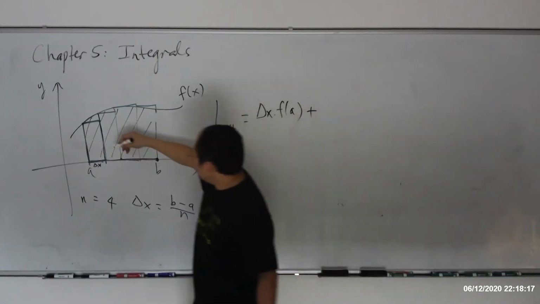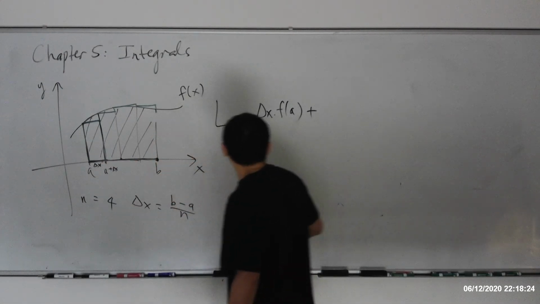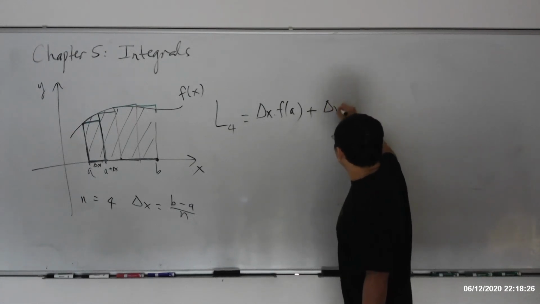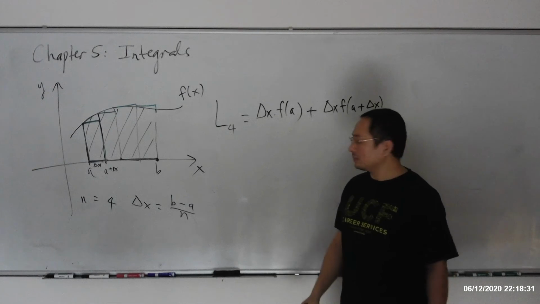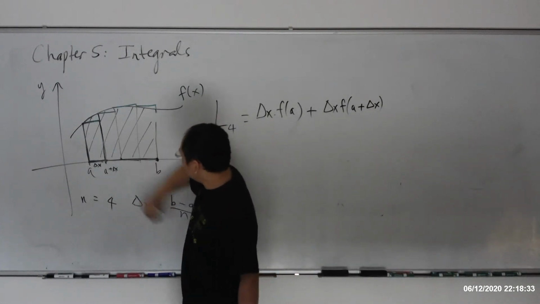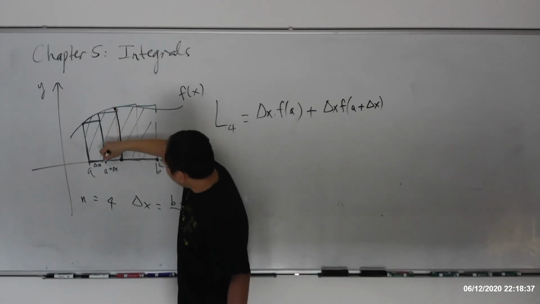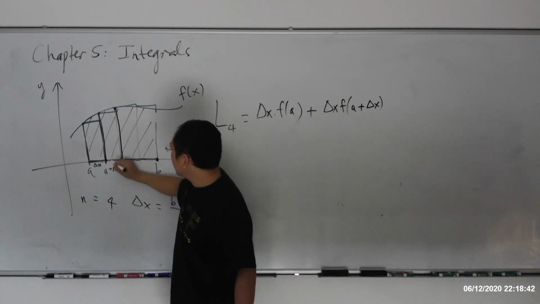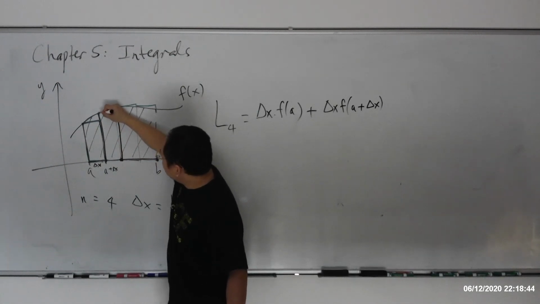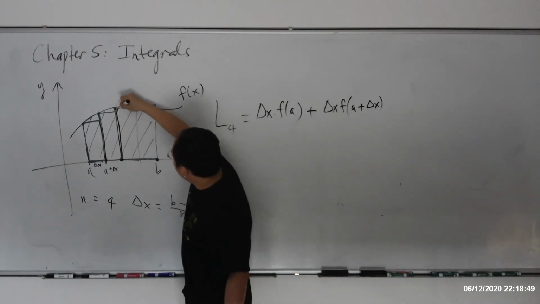Plus the second column is what? This point right here is going to be at a plus delta x, right? You have a right here, plus delta x is right here. Right. Delta x times f of a plus delta x. Okay? This is a plus delta x. And then we move on to that point right here to calculate the height. This point right here, the height is that much. Okay? This is at the point a plus delta x. And then this is the height, and times delta x. You have this. And then the third column, the area